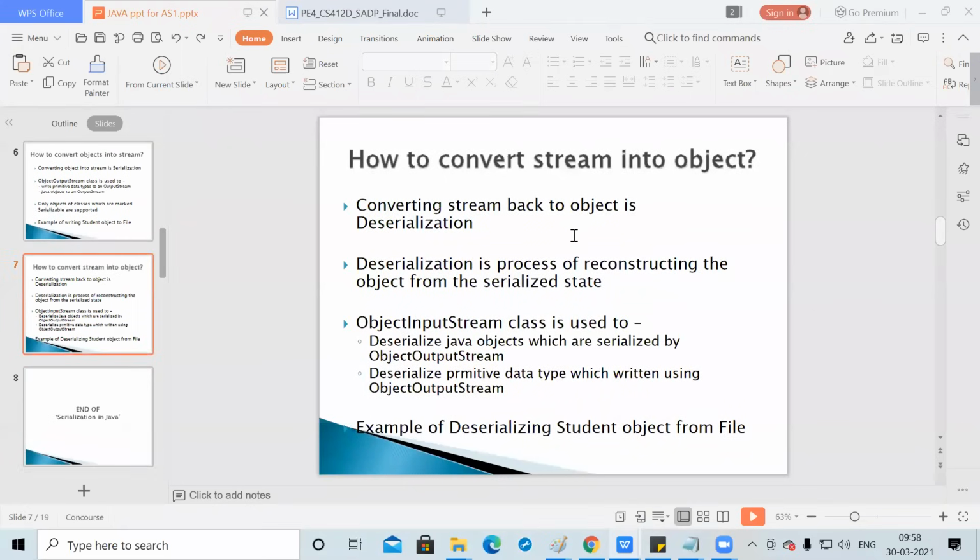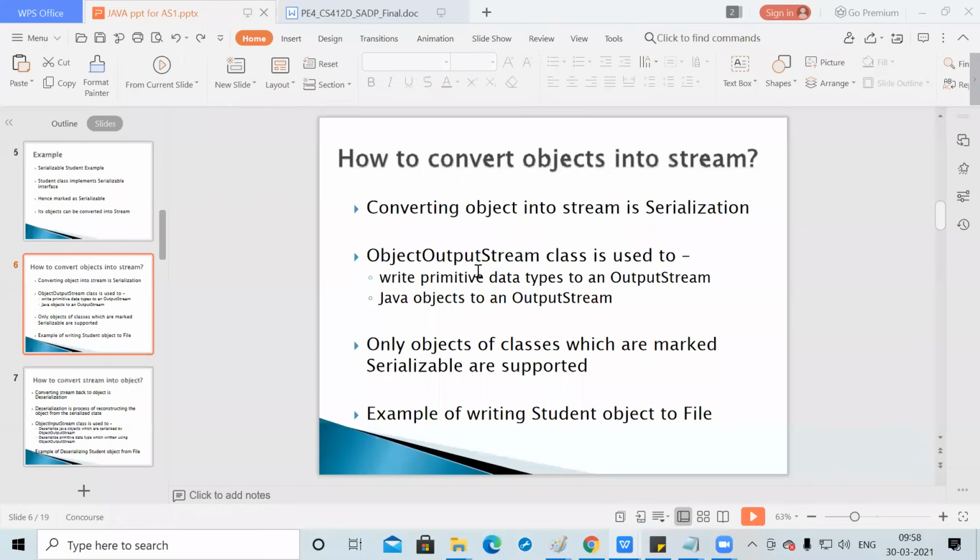Two important things you have to remember: two classes, ObjectOutputStream and ObjectInputStream. ObjectOutputStream is nothing but conversion of an object into the stream format, that is primitive data types to the output stream, writing it into any particular file.